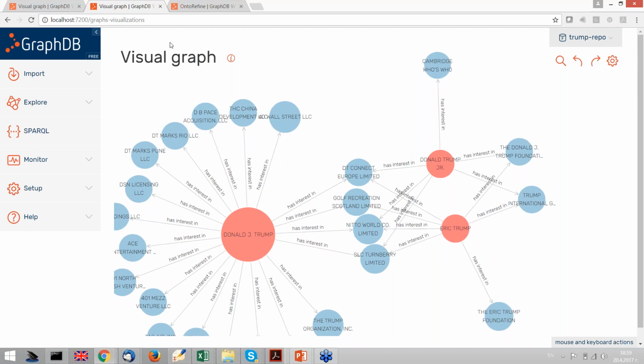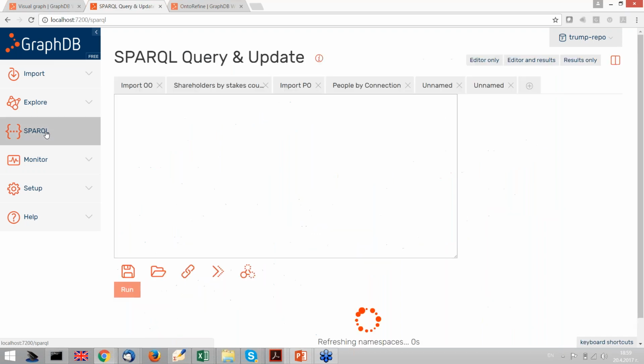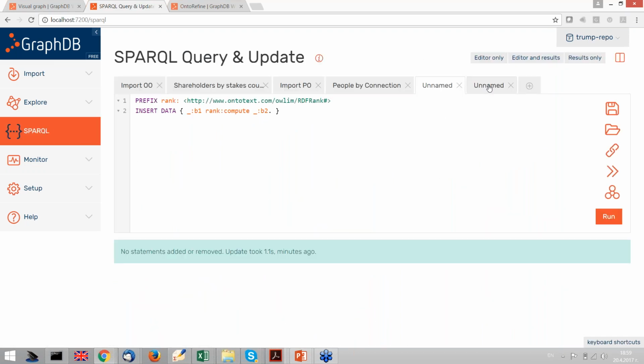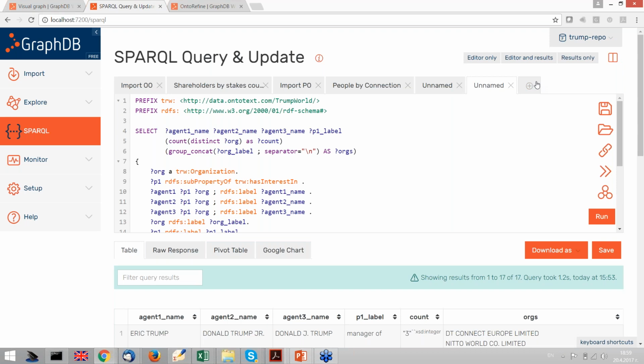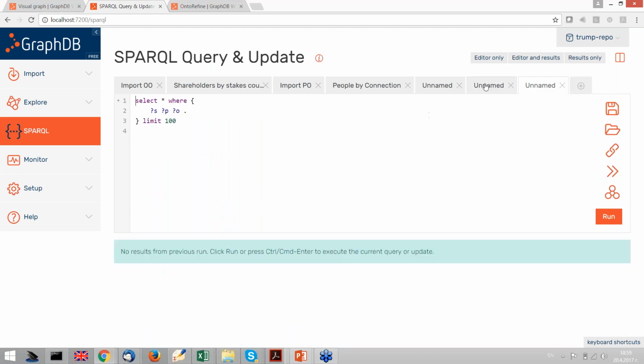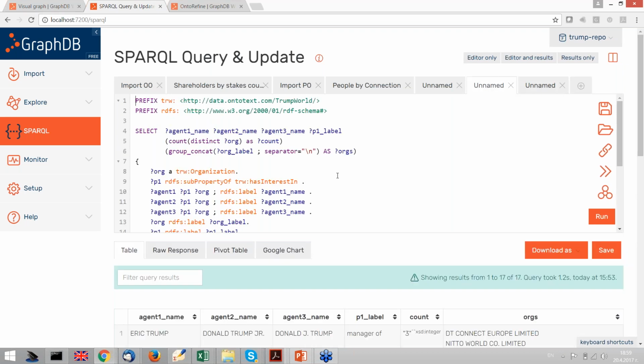Now the question that we can ask ourselves is how we can detect more patterns like this, because we've been lucky and we saw this one just because it happened this way. But what we can do to find such patterns and to use the power of the graph database is to write a query